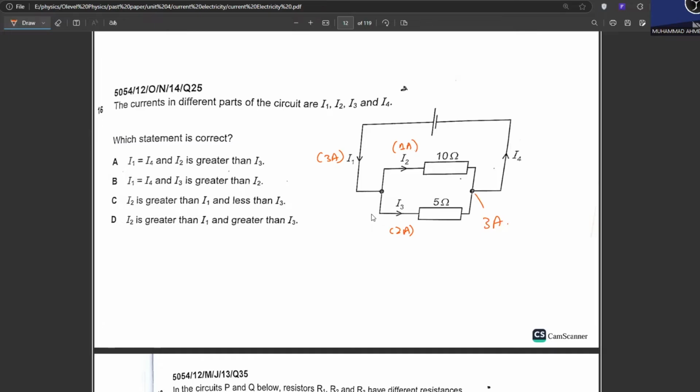I1 is equal to I4. That's correct. I1 will be equal to I4. C and D can get cancelled out. Okay. I1 is equal to I4. Okay. And if you notice one more thing,